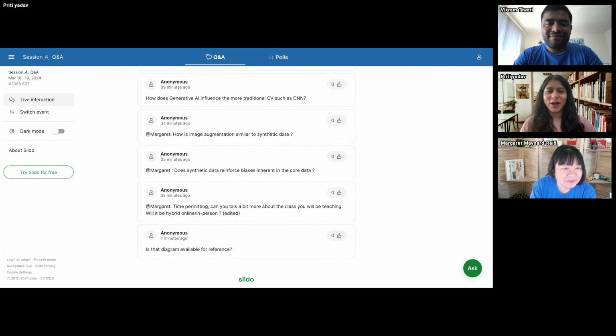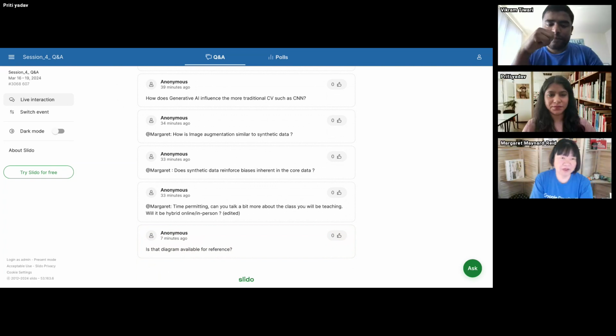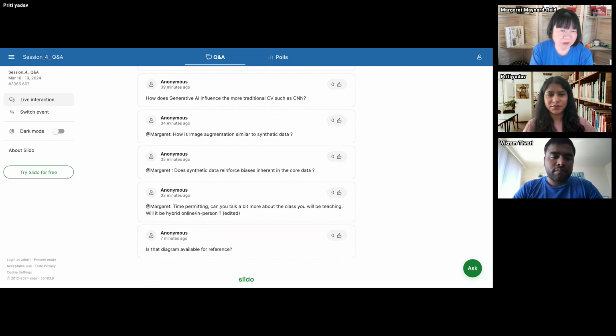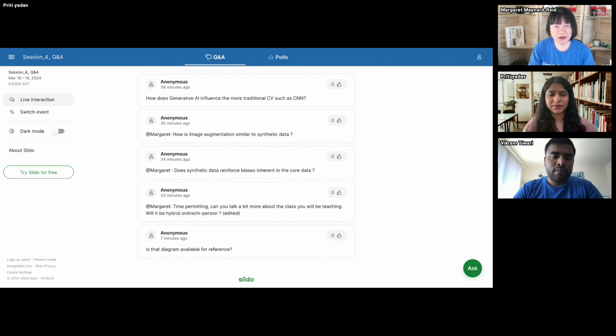Perfect. How does generative AI influence the more traditional computer vision, such as CNN? Okay, that is a very interesting question. I'm not entirely sure about the word influencing, but let me just talk a little bit about the timeline of generative AI.